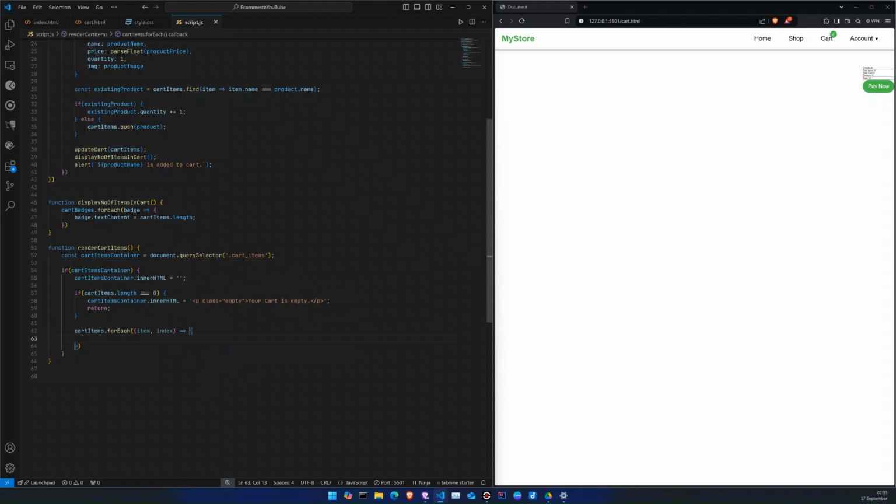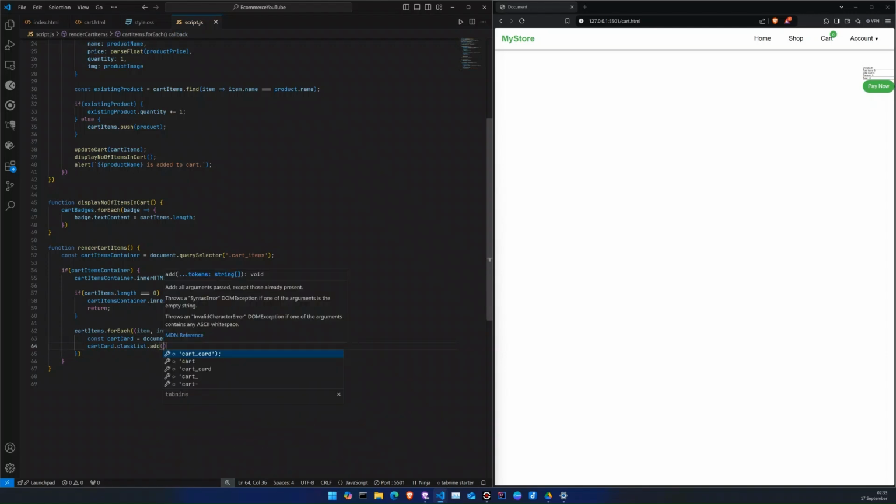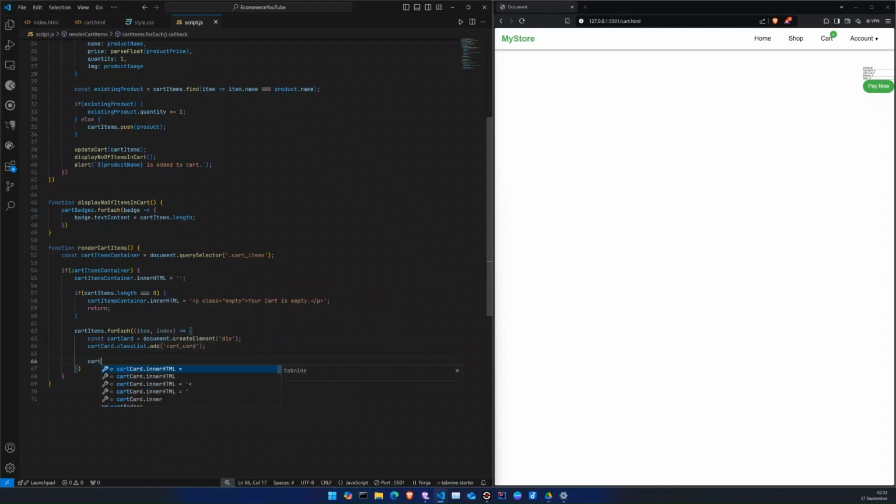Okay, const cart equals document.createElement div, and cart.classList.add cart. Okay, now cart.innerHTML equals,